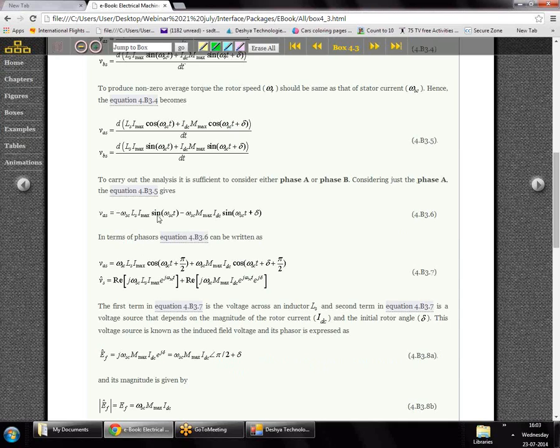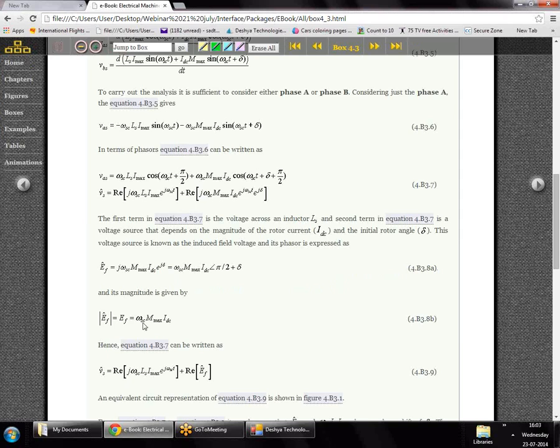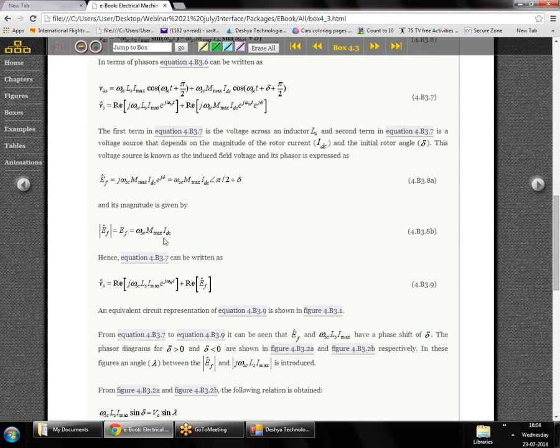Here, if I see B3.6, it consists of sine quantities, and if I want to convert that into cosine, I add an angle of 90 degrees and convert that into B3.7. So here I have the phasor representation, and in this phasor representation we can see that the second quantity in B3.7 is an induced EMF, and that induced EMF has a magnitude of the speed of the stator current into the mutual inductance into the current through the rotor,